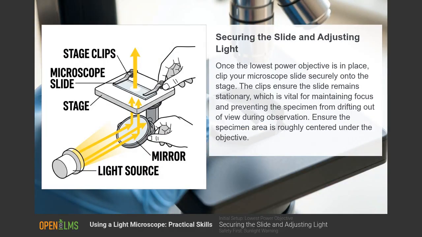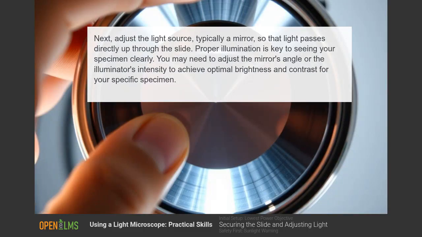Securing the slide and adjusting light. Once the lowest power objective is in place, clip your microscope slide securely onto the stage. The clips ensure the slide remains stationary, which is vital for maintaining focus and preventing the specimen from drifting out of view during observation. Ensure the specimen area is roughly centered under the objective. Next, adjust the light source,